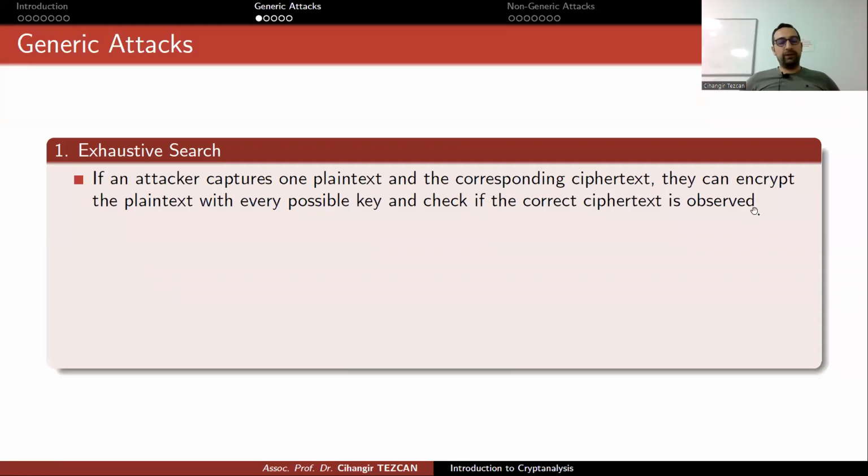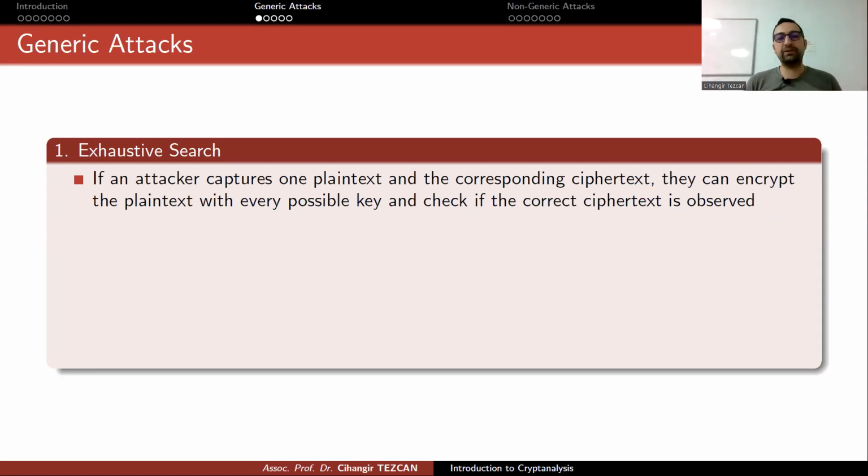All right, so now we need to talk about generic attacks in order to talk about non-generic attacks, right? So let's start with the first one, the most obvious and famous one, exhaustive key search attack. Of course, in this one, we are searching keys, but in different scenarios, if you are searching for a password, we will call it exhaustive password search. So we say it's exhaustive search, or it is also called brute force attack, okay?